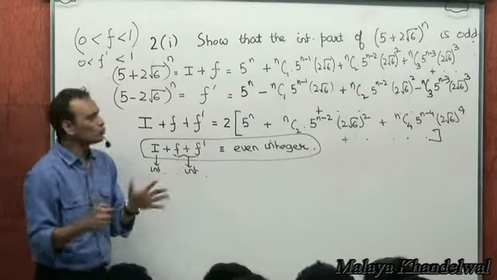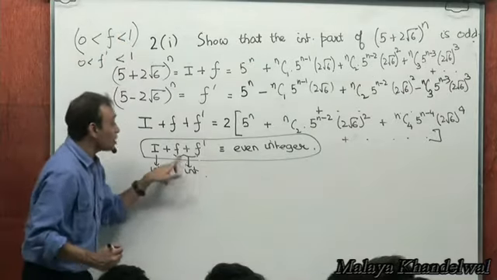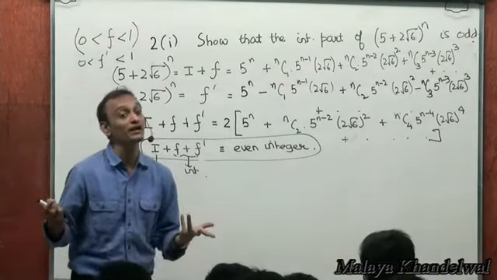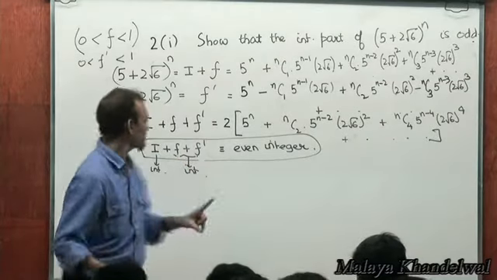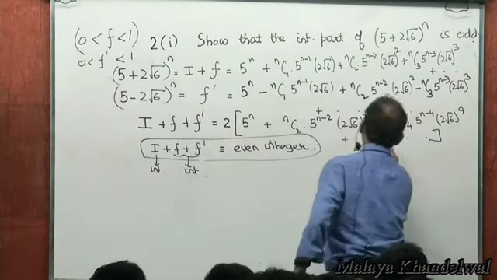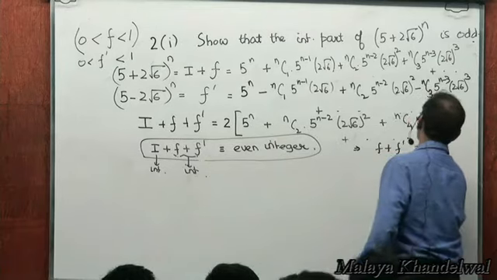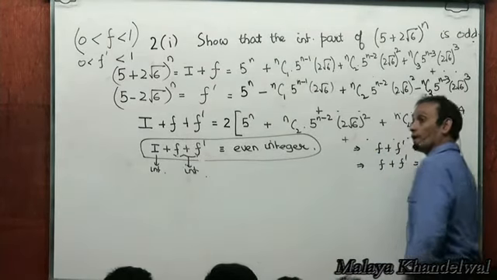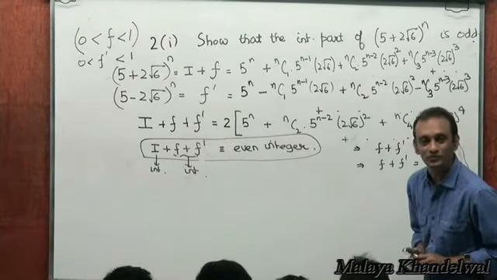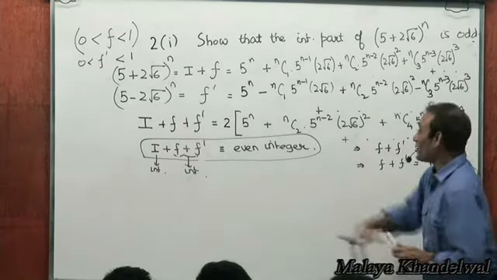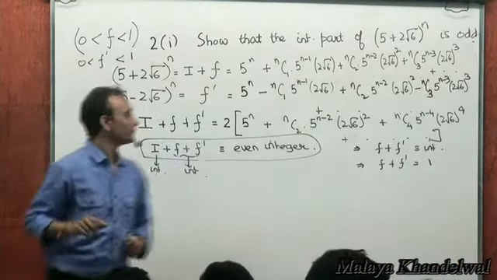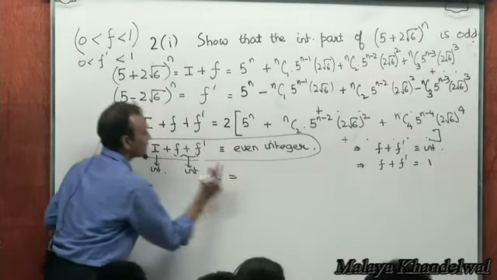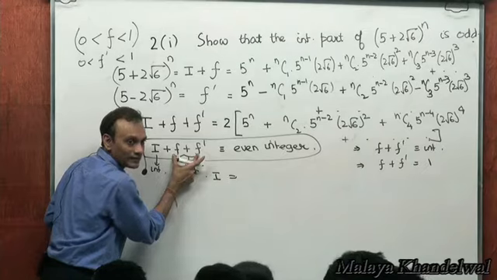But f and f prime are two numbers lying between 0 and 1. What's the only integer they could add up to? 1. The only integer two fractional parts could add up to is 1, isn't it? So f plus f prime, for it to be an integer, the only possibility is f plus f prime equal to 1. That's the only integer two fractions can add up to, isn't it? So f plus f prime is 1, right? Therefore I is even integer minus 1,